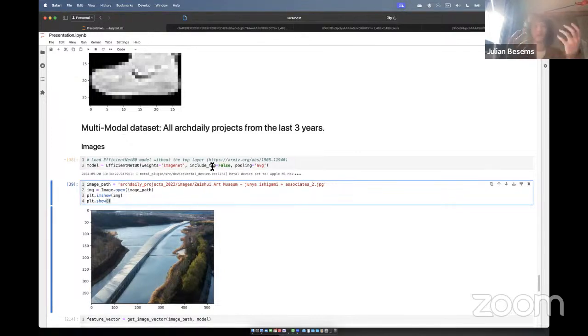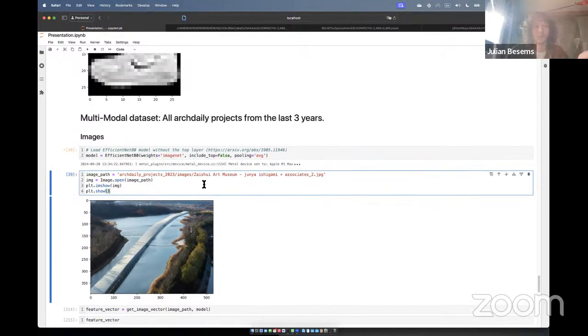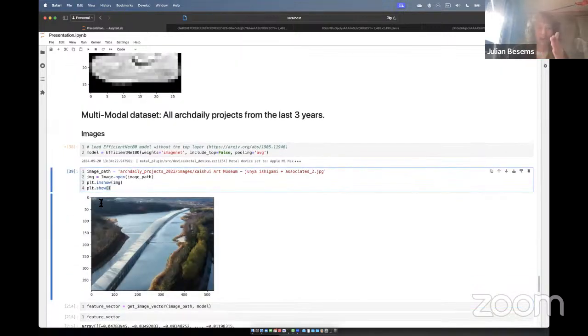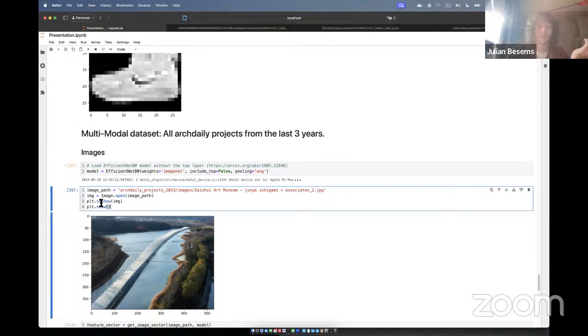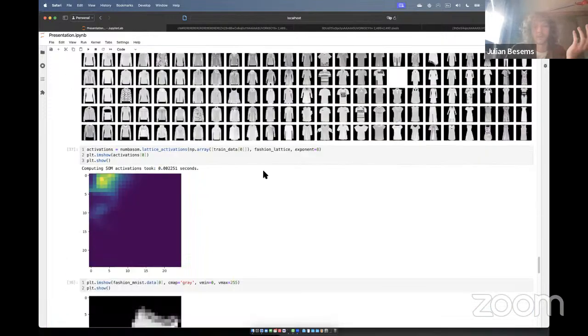We need to find a way of encoding these things, because for an image, we could do the same as with this, but then we would have to take each RGB value, triple it, and lay that on a really long line, which probably is not a very good representation. This data set is very standardized, so we can get away with just flattening it. But with these images, we need to find another way.